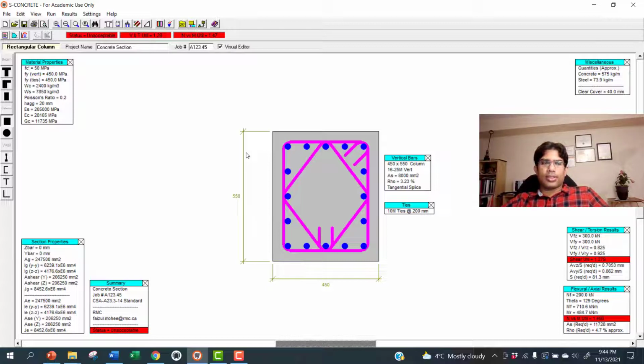But as I mentioned, as a designer, we need to have some safety margin. So for safety margin, we should always be less than 0.9. This number should be less than 0.9. This number also needs to be less than 0.9, and preferably 0.85 or 0.8. On the other hand, if this number is 0.3 or 0.4 or 0.5, that means it is not a good design. It's a waste of concrete and a waste of rod and a waste of money. So then we are over designing it.